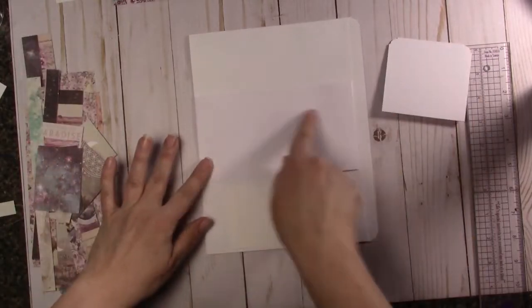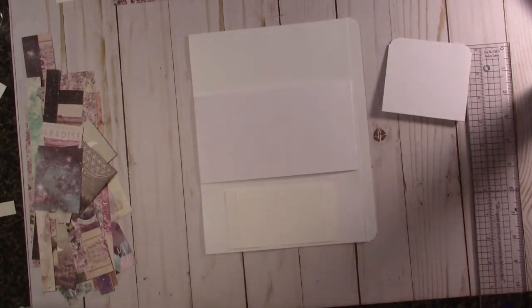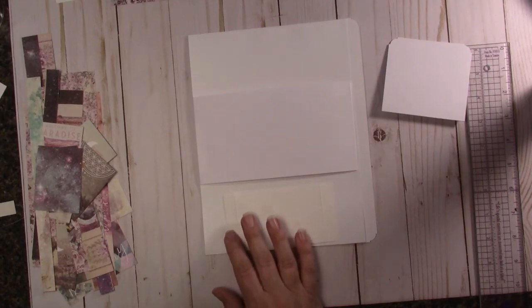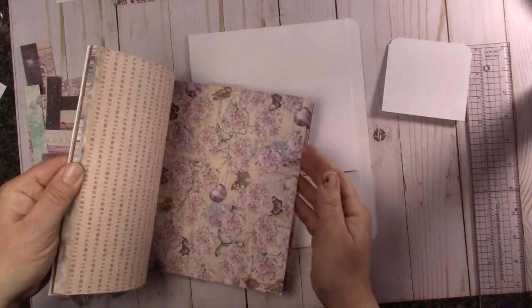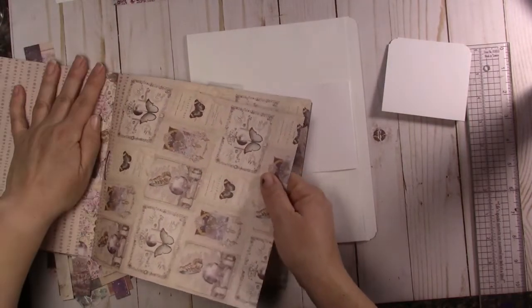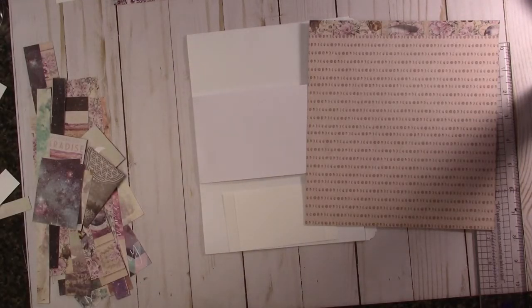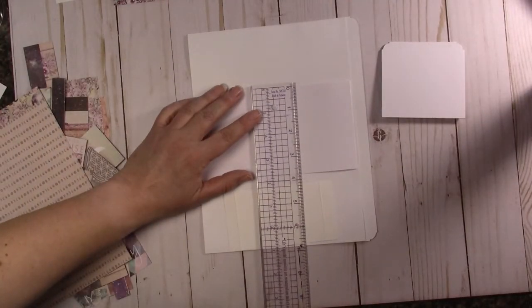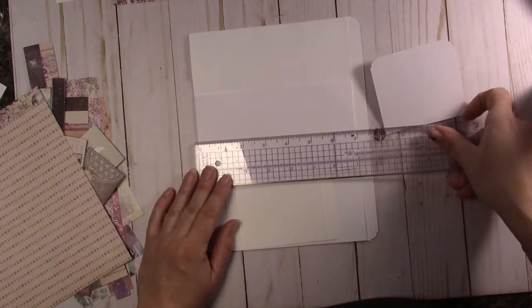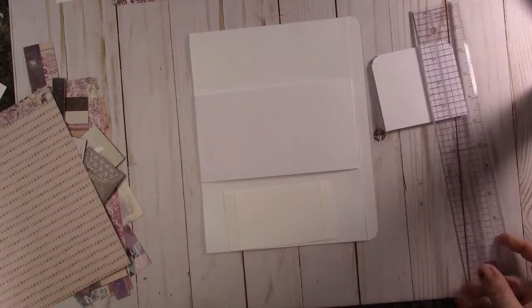Well, okay. So I have to mat this too. So we'll just get another sheet here. Oh, did my paper go? There it is. Okay. Ooh, I love this paper. I love this paper. So, we'll start by matting this, and it's 3 3/4 by almost 7. So let's go